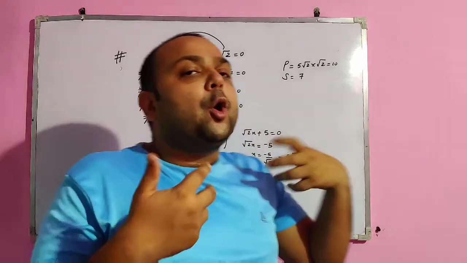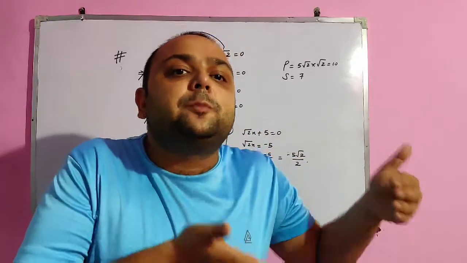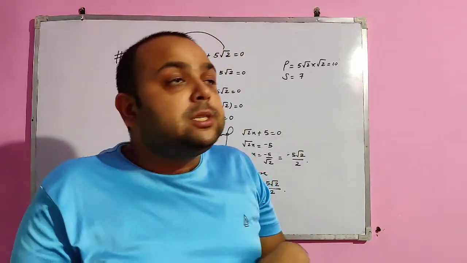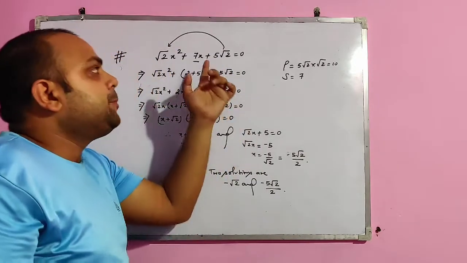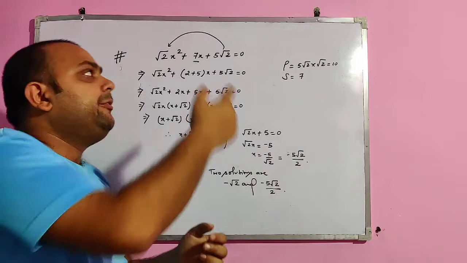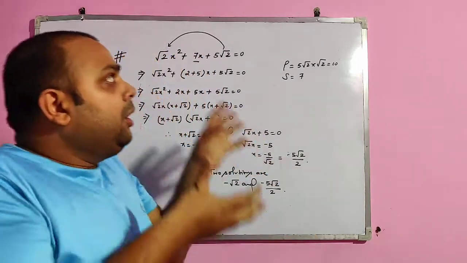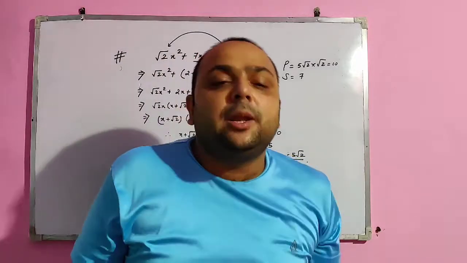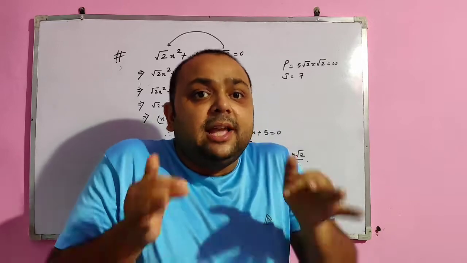So whenever we have a problem in which we have to do the factorization using middle term splitting method, we have to see this sign properly. Either it is positive or negative. If it is positive, we have to do the sum. If it is negative, we have to do the difference of the middle term. Now I will explain you some application problem in which we are going to use the concept of factorization.